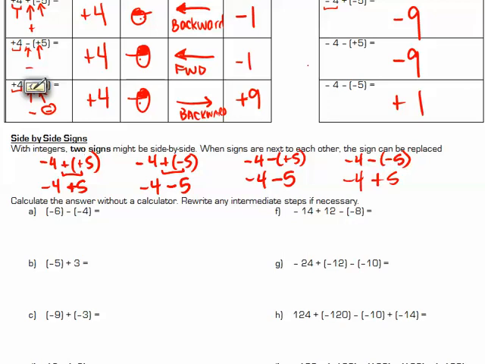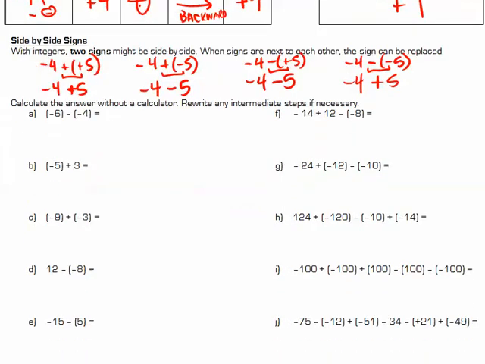So I can replace these double signs with these single signs, and then with that I can solve the problem again. So -4, then moving up 5. I have -4 moving down 5, -4 moving down 5, and then -4 moving up 5. So we'll take a look at these examples in class. So we'll calculate these without a calculator in class, and then we'll